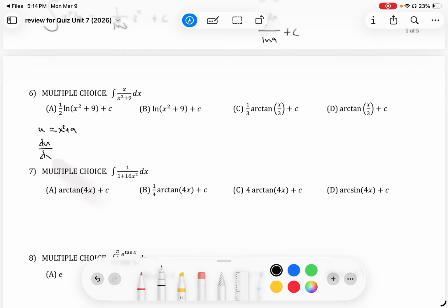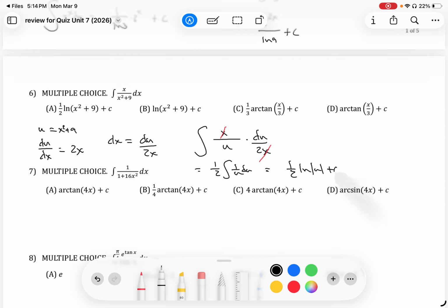So now I have du dx equals 2x, and therefore dx is equal to du divided by 2x. Plugging things in, I get the antiderivative of x over u times du over 2x. My x's will divide out, and I'll end up with 1/2 times the integral of 1 over u du, which ends up being 1/2 ln absolute value u plus c. Plug my u back in, and I have 1/2 ln absolute x squared plus 9